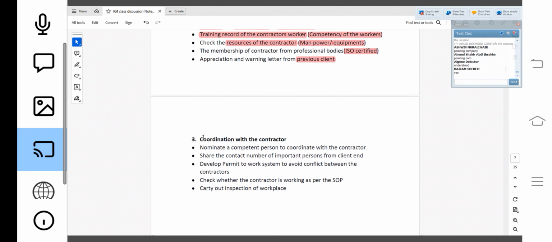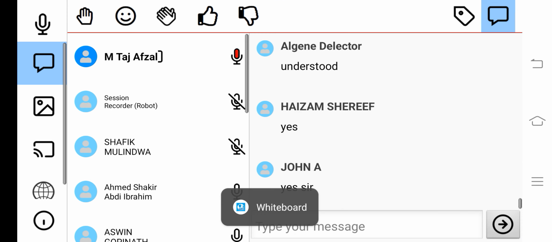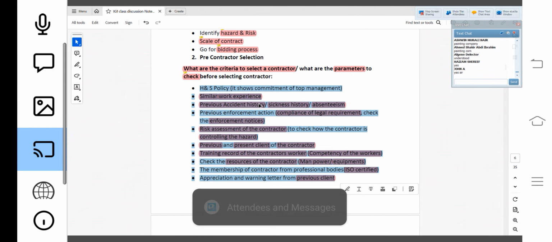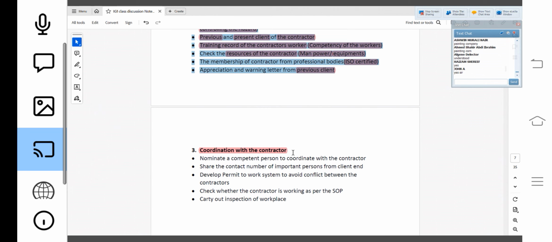Suppose contractor XYZ met all parameters and you gave the contract to him. Now the contractor XYZ came to your workplace to do the painting. He will come to do the painting in my house.